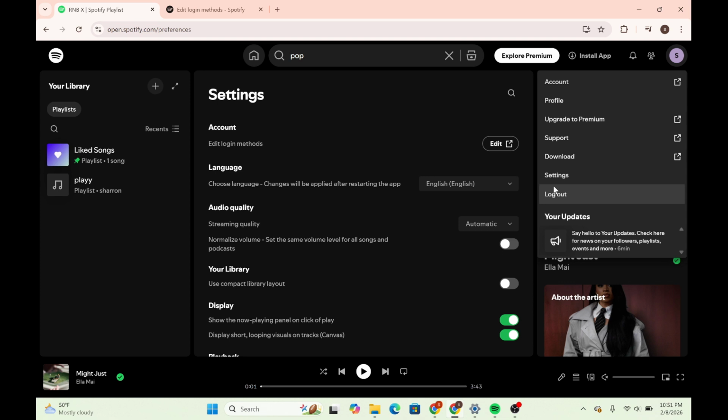Now you can search and play music confidently, create and manage playlists, understand Spotify free versus premium, and customize your